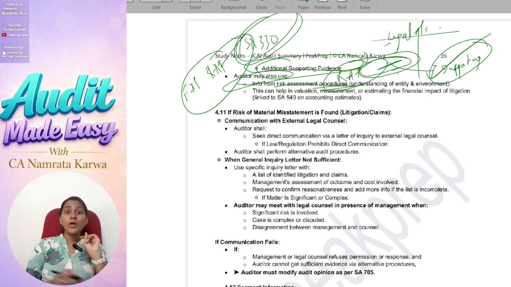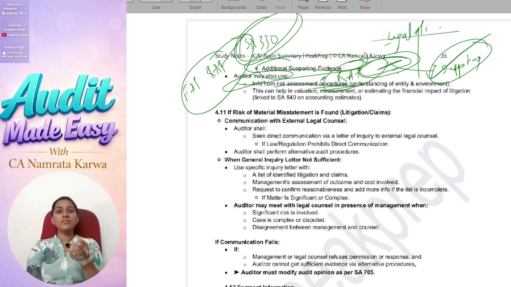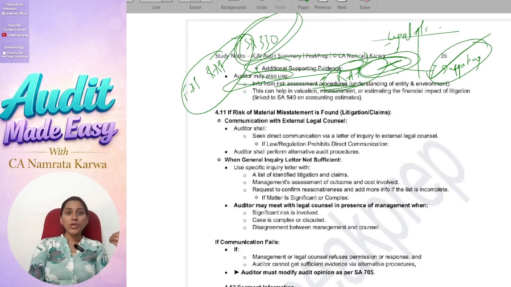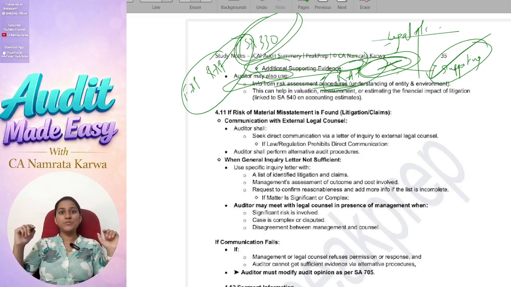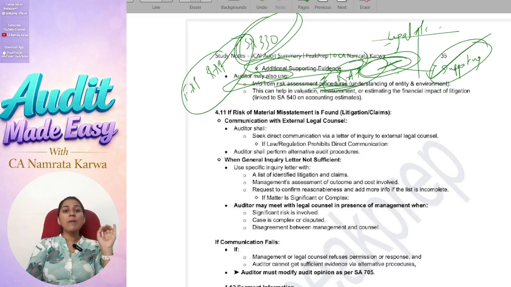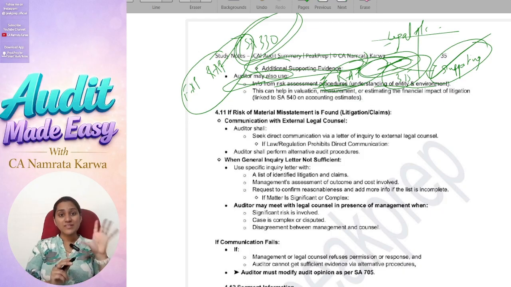And now what is your job? Give the page number reference of this particular term over here, that yes, we have studied this term in chapter number 3, so that when you revise the whole thing, it will be easier for you to understand the concept deeply, so that you can present it really well in your exams. So just mention the number over here. Then understanding of entity and environment, ISA 315. ISA 330 and 315 were all about understanding the entity and its environment and responses to assessed risk.